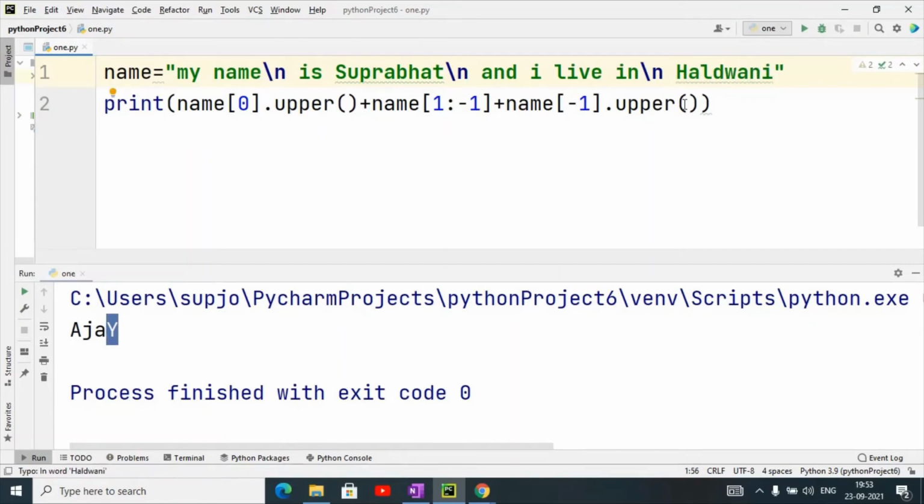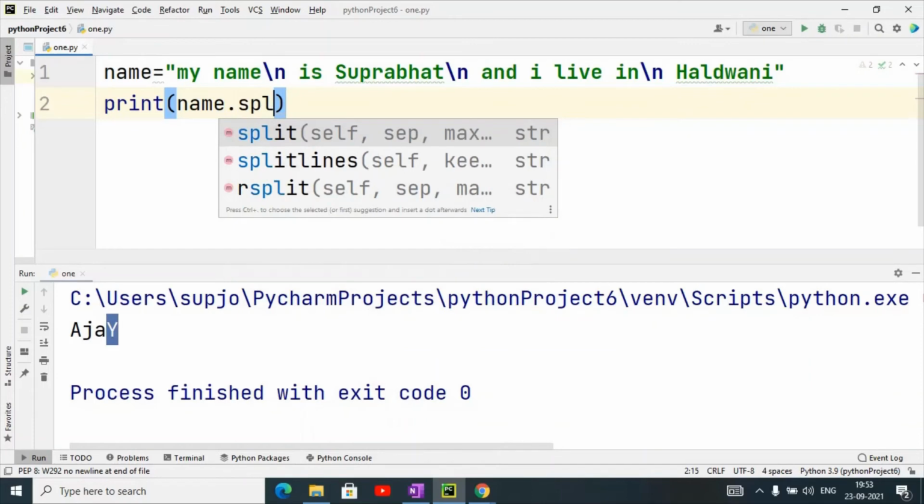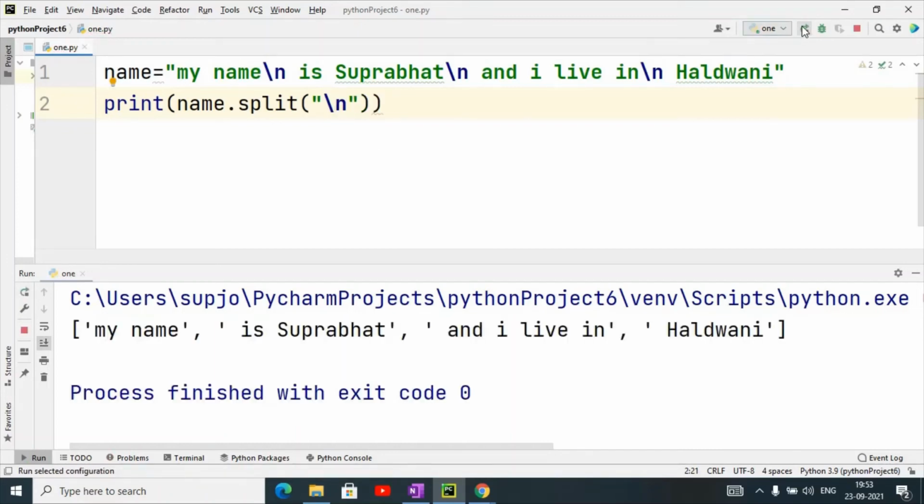Your string is like that. The split function is also available, but when I use the split function here, name dot split, and give the split criteria \n, it will just separate my name is Suprabhat and I live in Haldwani on the basis of this.